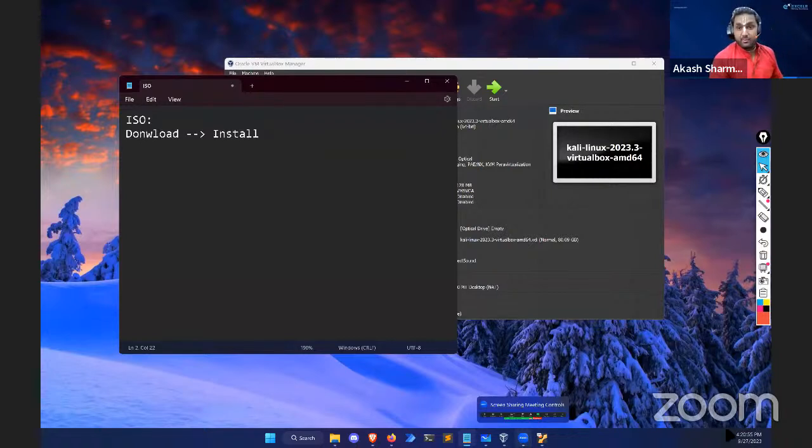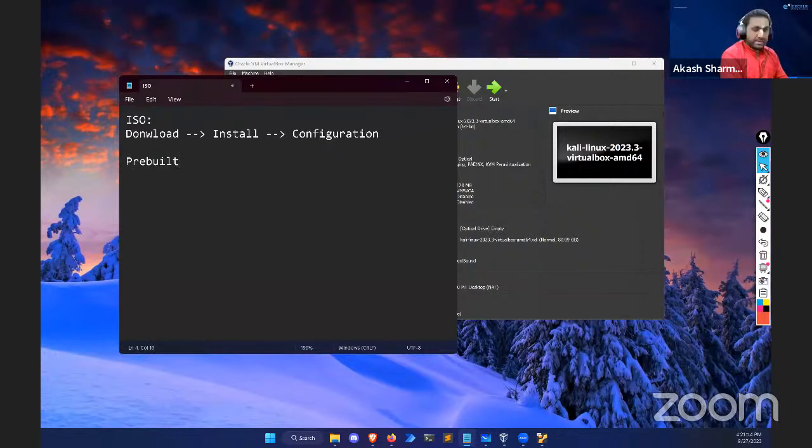Okay, officially it has taken more than 30 minutes now. So you guys can see that. The installation time is really long. On top of that, the configuration part is still remaining. We still have to configure a few steps in the ISO installation. But when we talk about this pre-built VM, simple, download